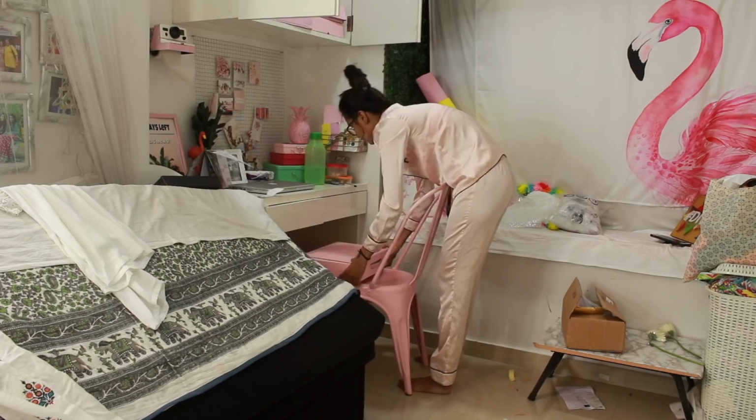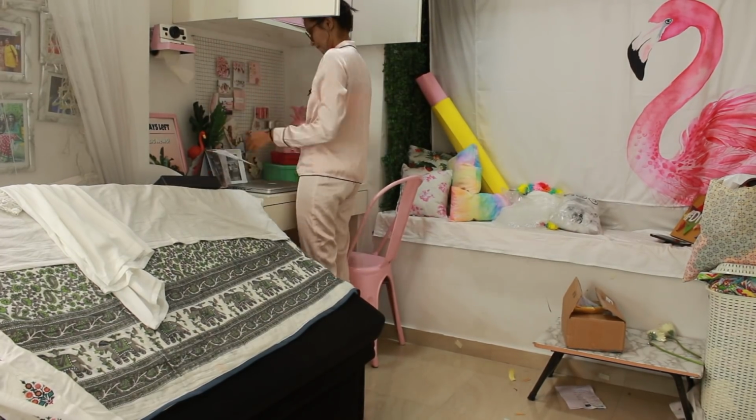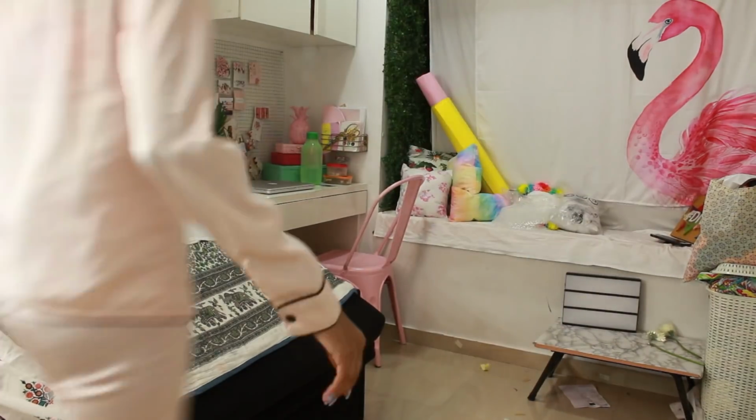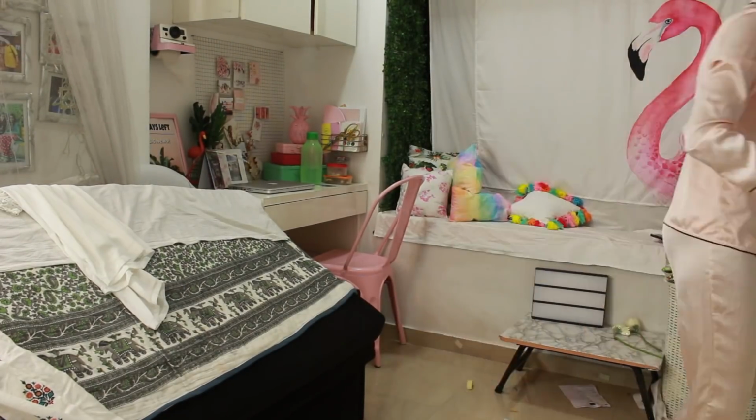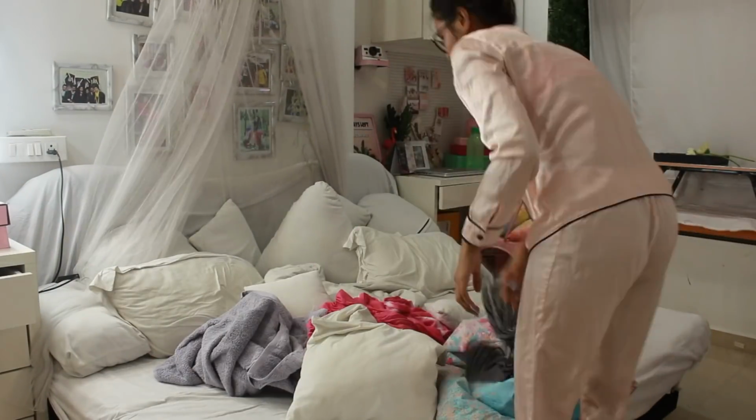I didn't even order it, they just sent it as kind of like a Diwali gift, and I'm just going through it, but I don't really put it away because I don't have it in me today. But usually I do tend to keep it all away. And once I'm done going through my parcels and putting everything away, I like to go ahead and make my